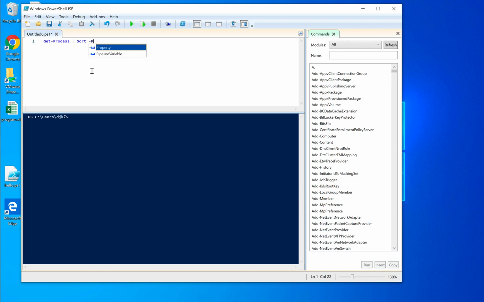hyphen. Now the reason why I'm jumping over to here is because I want to show you that when you're using this interface, it suggests the properties or the switches that are associated with each of the commands that you're using. And that's a good thing so that you don't make mistakes. Another thing that's available with sort is I can have a switch, kind of like an on-off true-false option. And one of them that was listed in that list is called descending, so that when I run that again, and I'm going to do this option right here, which is F8,